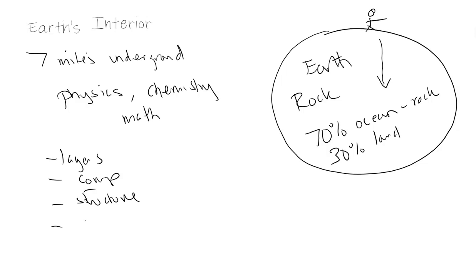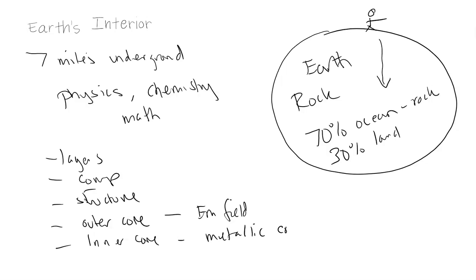And in particular, we're going to look at the outer core as a case study with the EM field. We're going to look at the inner core in terms of the metallic composition and in relation to Earth's history. We're going to look at the asthenosphere in detail and also discuss